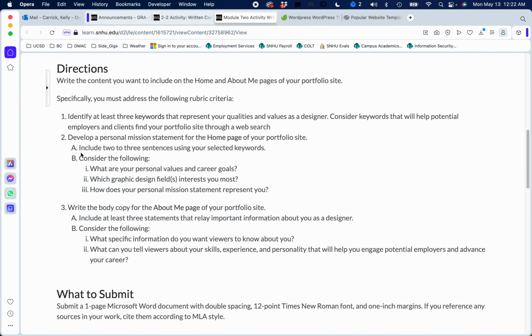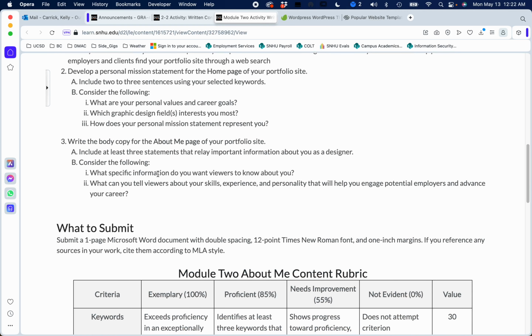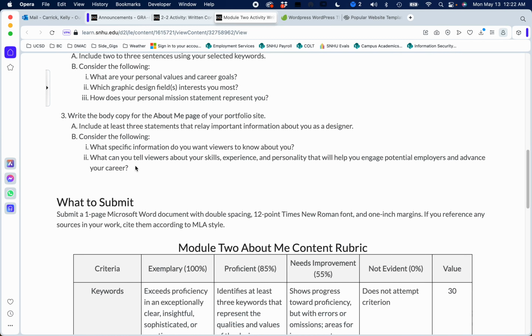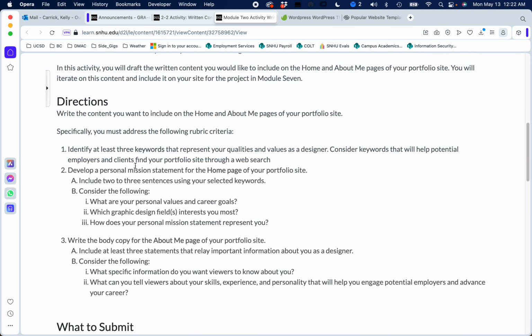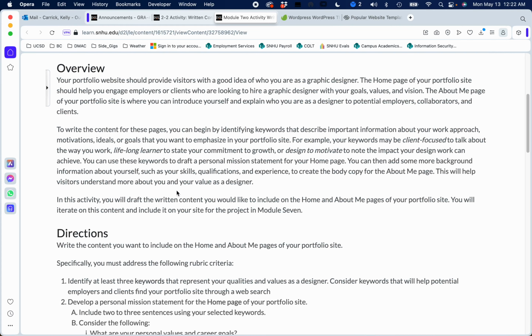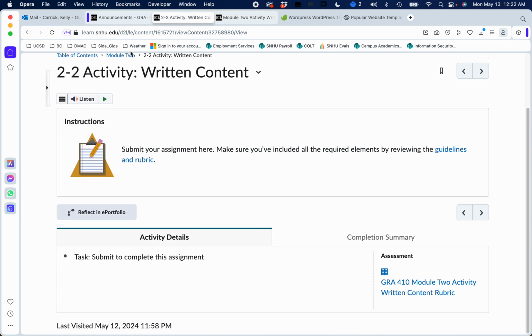But under the directions sections, it gives you some prompt questions like what are your personal values, what are your career goals. These are things that are going to help you write the content for your page. Okay, so it says, write the body copy for the About Me page for your portfolio site, what to consider. And all the questions in here will help you kind of write that. And then, we'll be working on this later in the course. Okay, so kind of a fun